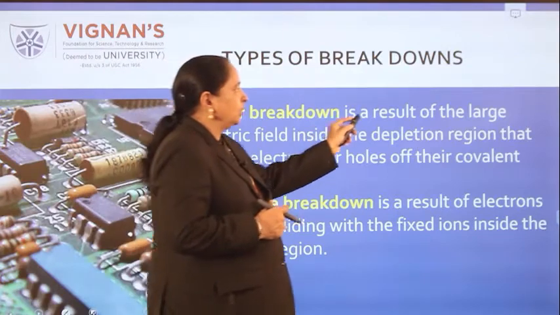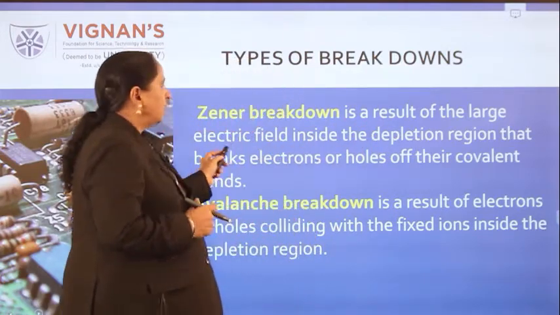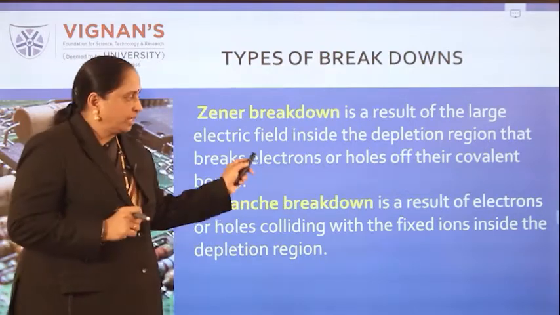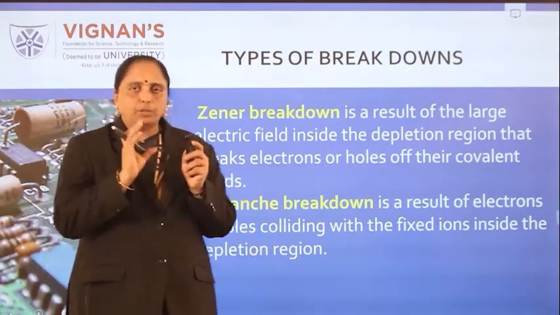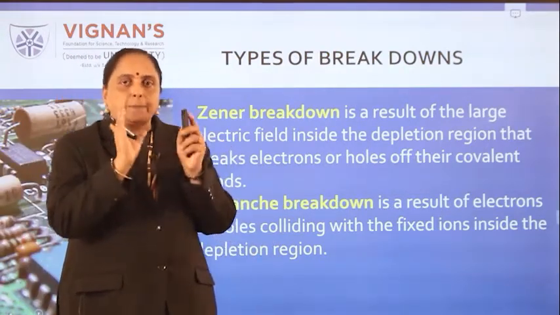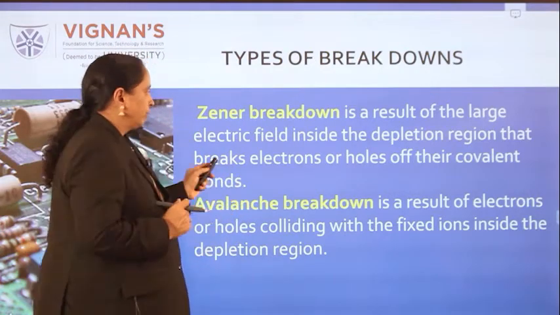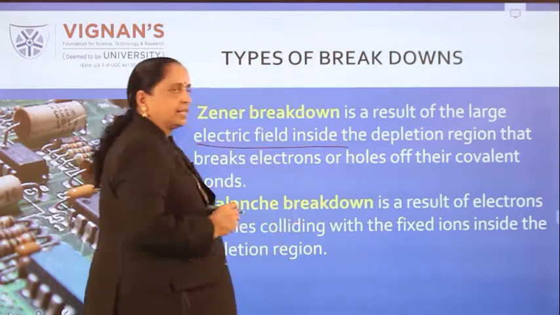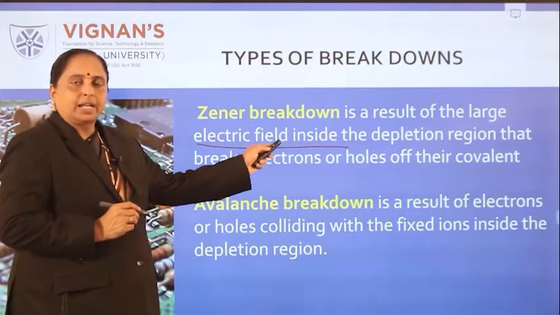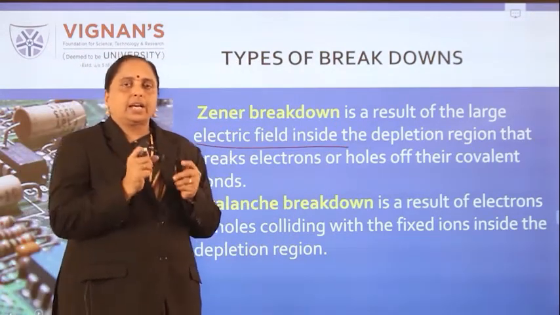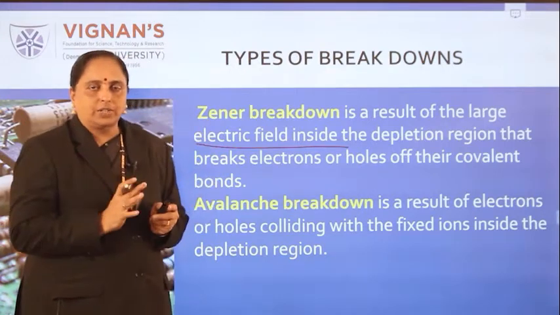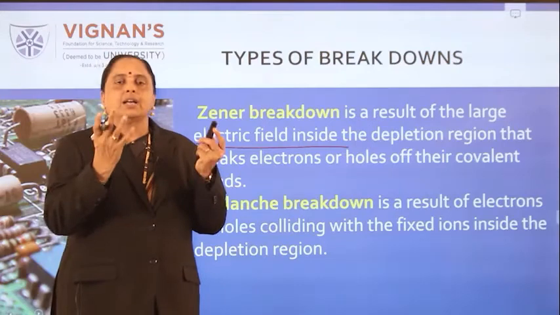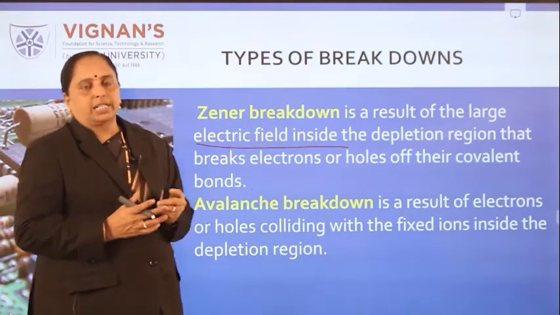So this is due to the result of a large electric field inside the depletion layer. Another common point in both breakdowns is that both will occur in the depletion region only. Therefore, this is due to a strong electric field intensity developed within the depletion layer, so that direct rupture of the covalent bonds will take place. So an excess heavy current develops within the layer, and that will cause a Zener breakdown.